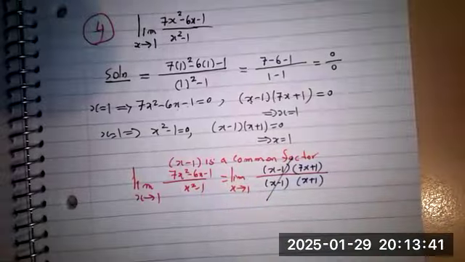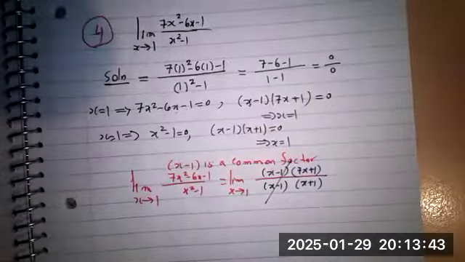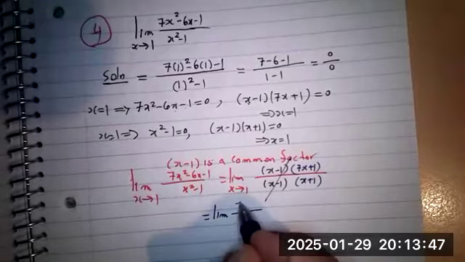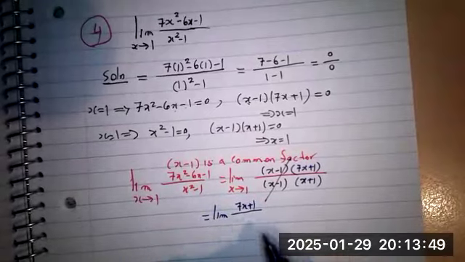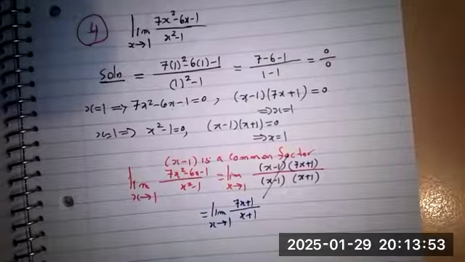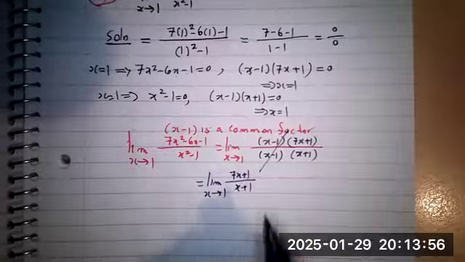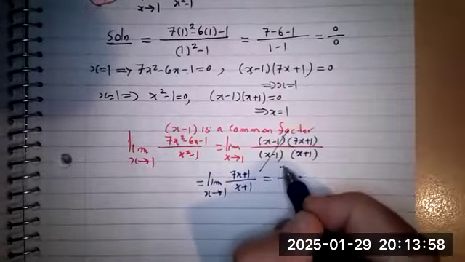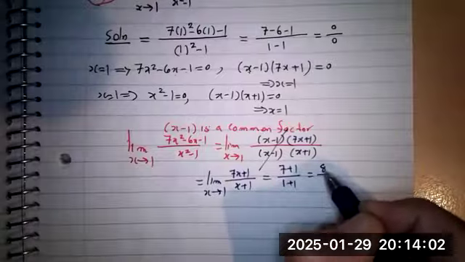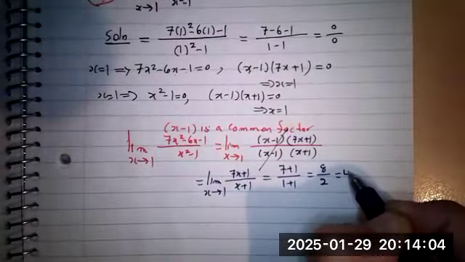Now the common factor, we can eliminate it. So when you eliminate it, the result would be the limit of the top 7x plus 1 over x plus 1, as x goes to 1. Now we substitute. If you substitute 1, that gives you 7 plus 1 over 1 plus 1. So that gives you 8 over 2, which is equal to